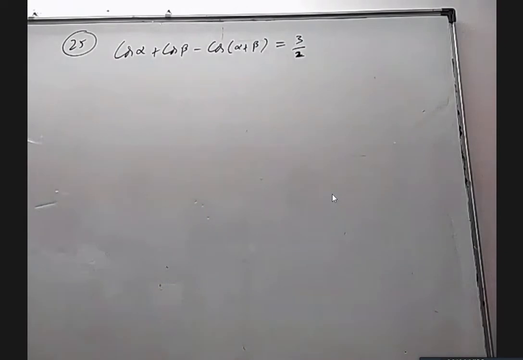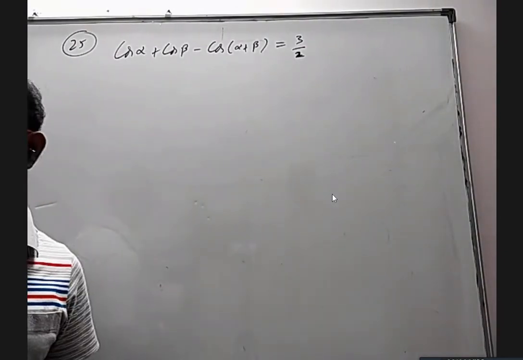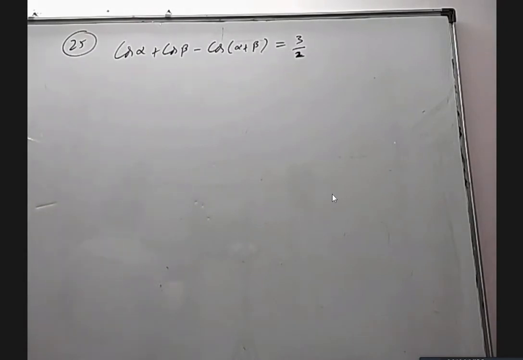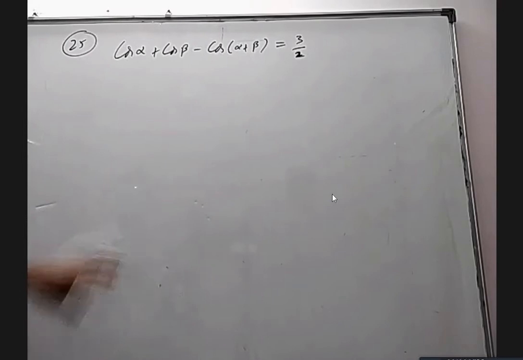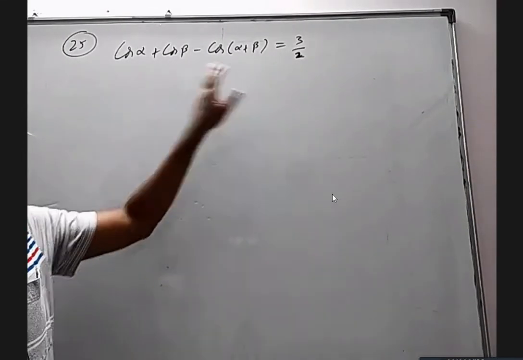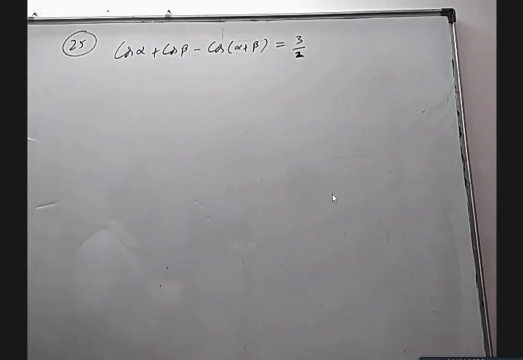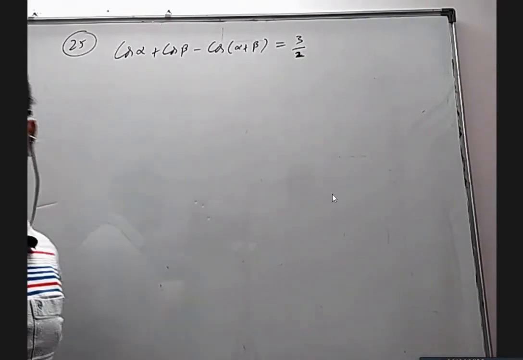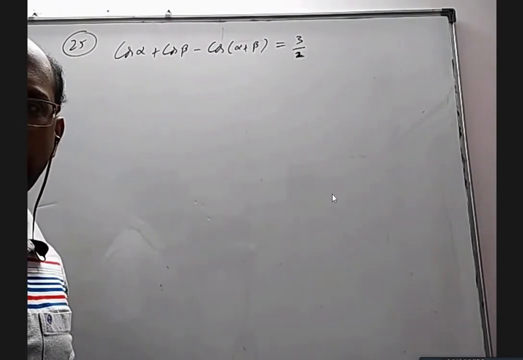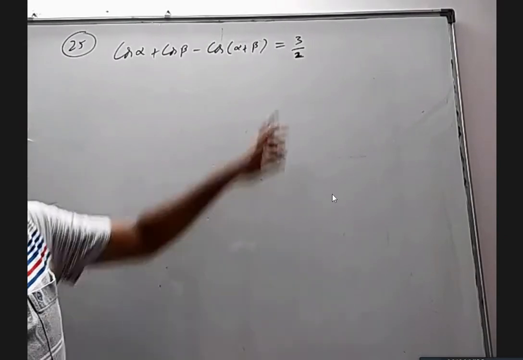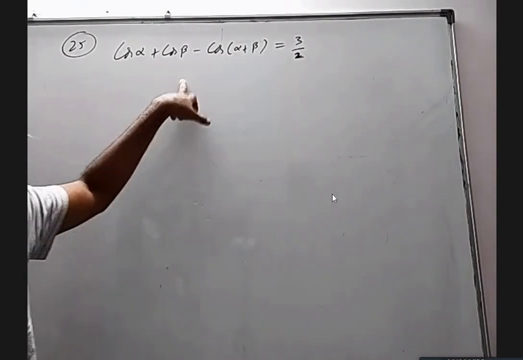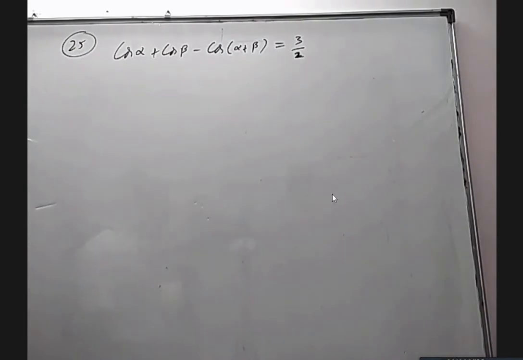Okay. Now, one thing I want everybody to remember, not only in this chapter, in many chapters you will come across this concept: whenever you have one equation and two unknowns, or two equations and three unknowns, you can only find them if it is some kind of maximum value or minimum value. That means this 3/2 should be the maximum or minimum value of this. If it is not that, then what happens?